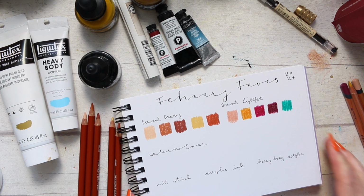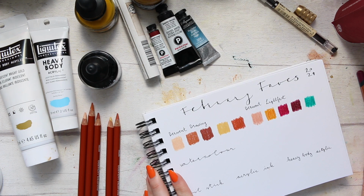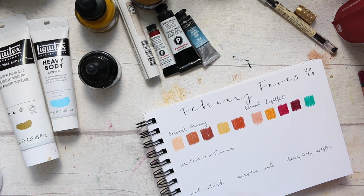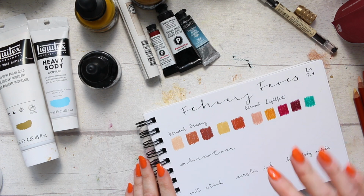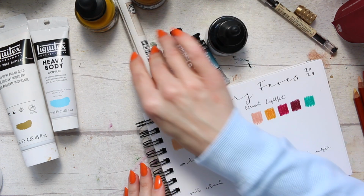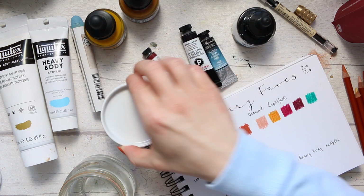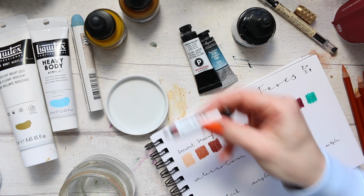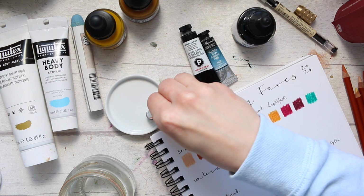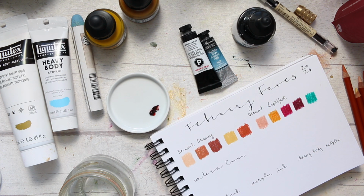Alright, so there you go. That's the color palette for these pencils. And then we have watercolors. Now, in terms of the watercolors, I will swatch these 4. So this is the dish from the previous haul. If you haven't seen it yet, I'm just going to try and squeeze out as much as I will use and make really intense